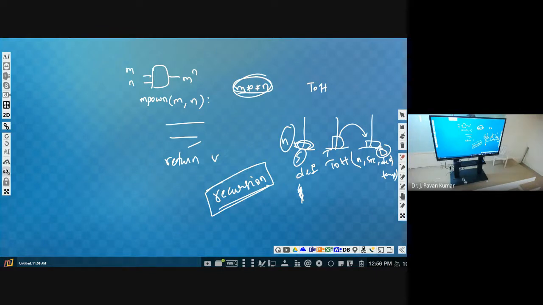That is from A to B, A to C, something like that we will be getting. So all those steps you need to display. Understand? That will be the output. If I give 6, then you should get 63 steps. All 63 steps you need to get. That should be the output.